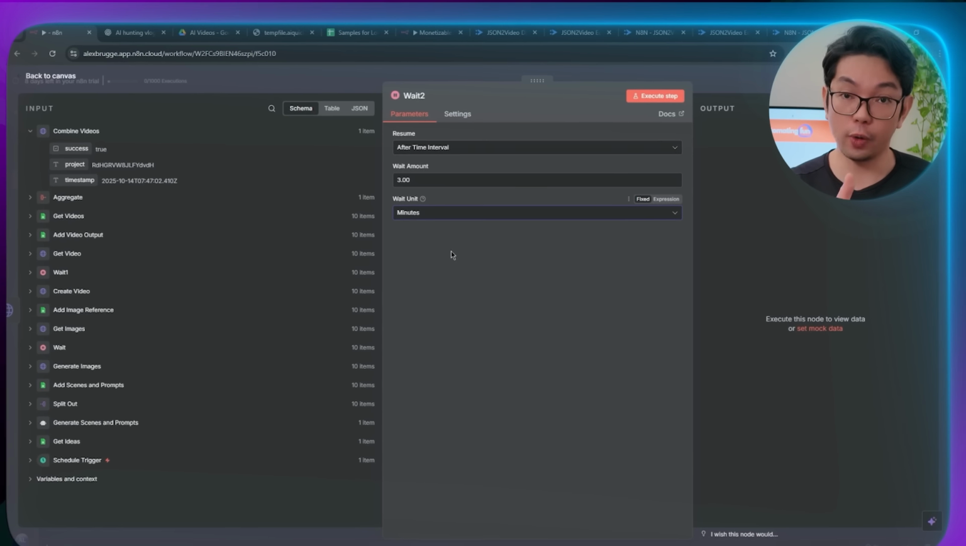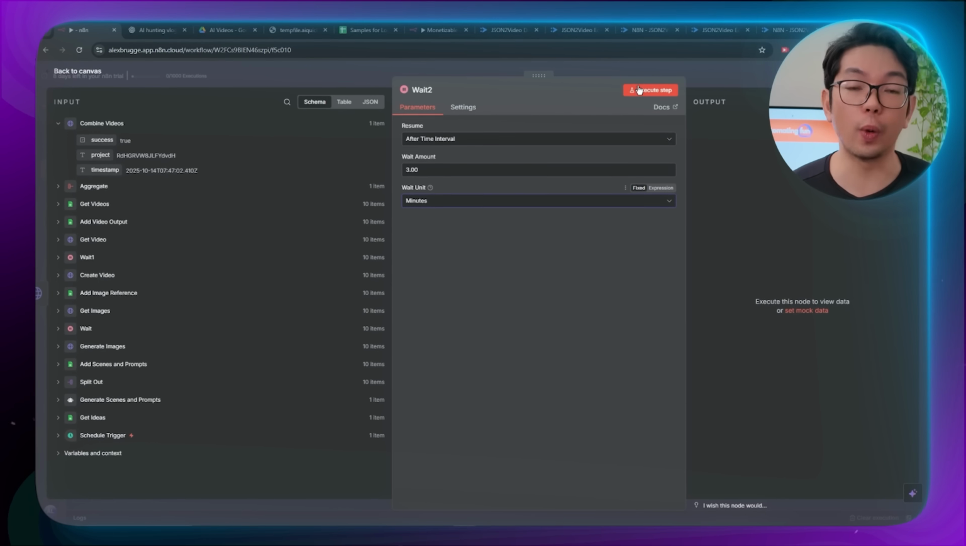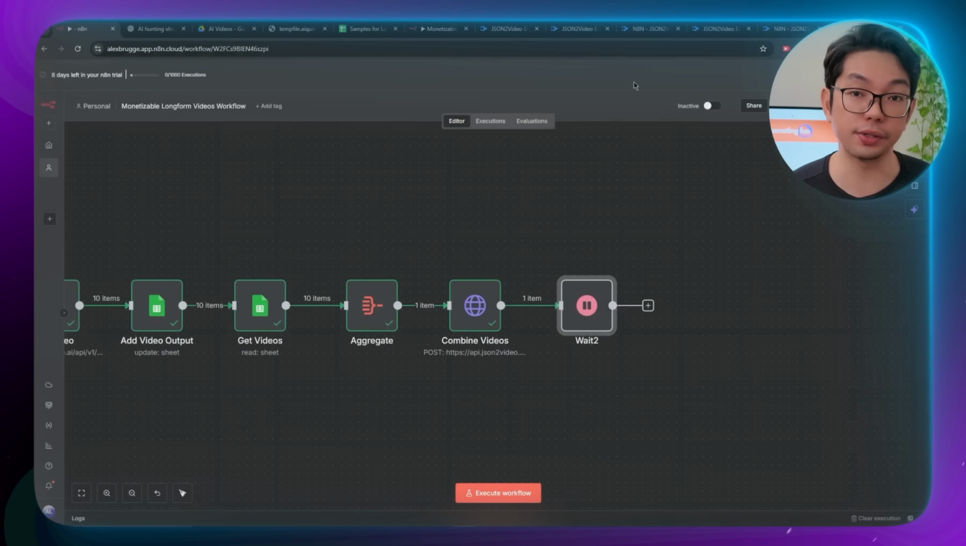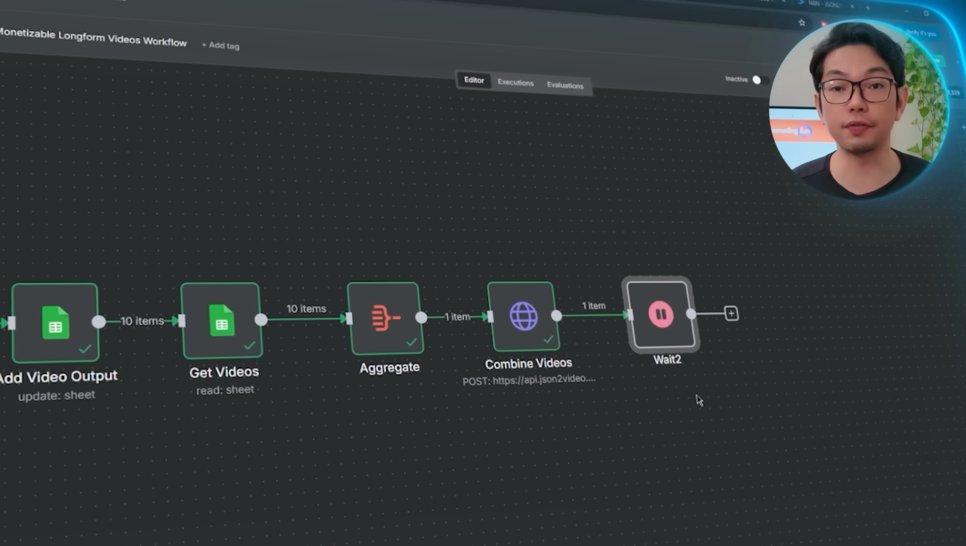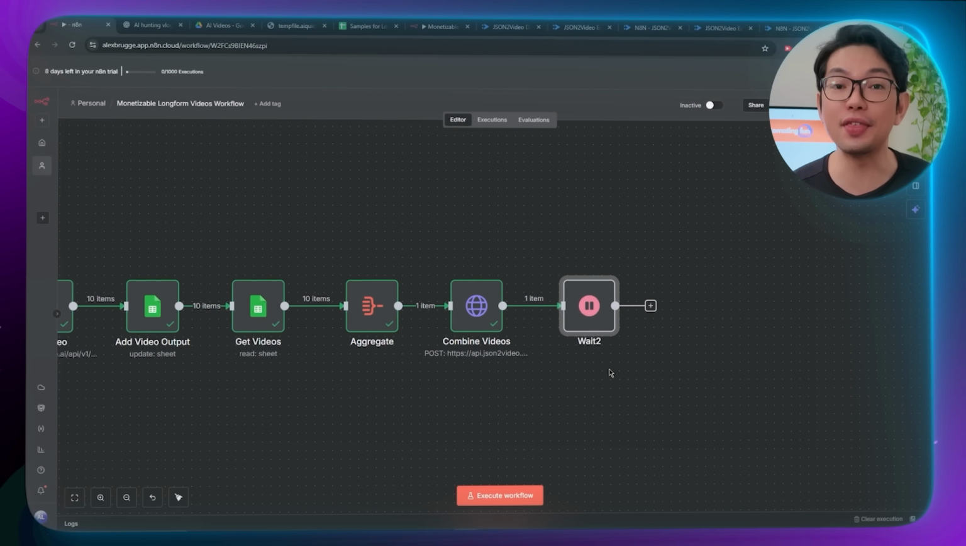And finally, we're going to go ahead and test it out by executing the wait node. It should briefly show as complete, but will enforce the delay during the actual workflow execution. And once this step is done, the workflow will be ready to fetch our compiled video in the next part